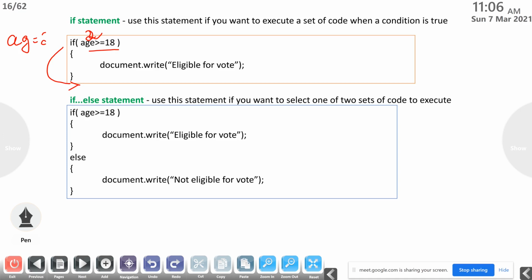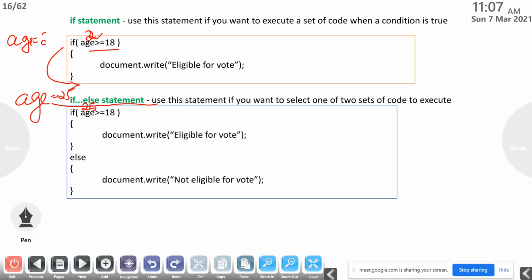Then the second case, that is the if-else statement. Use this statement if you want to select one of two sets of code to execute. For example, here age greater than or equal to 18. Again we are giving the value of age equal to 25. Then this 25 will be replaced with the age over here.